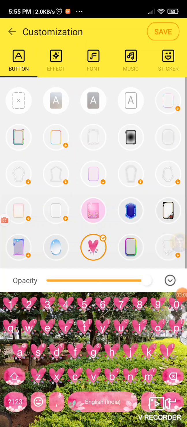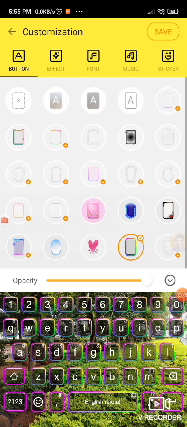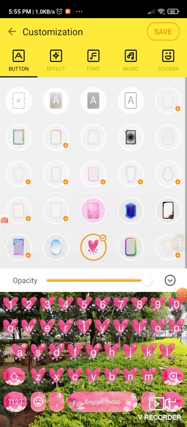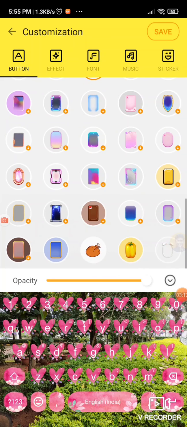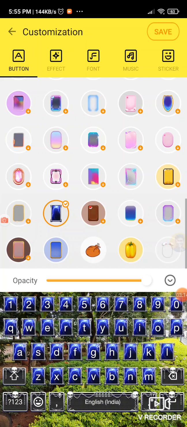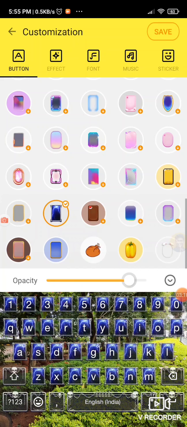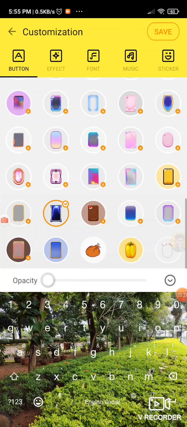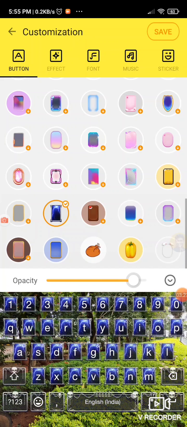These are also very cool features. You have a droplet button, you have these colorful buttons, you have a heart shaped button. So many different types of buttons are there, which is really very cool. And then you can select the opacity of the buttons also. You can make them without any border. You can make the border look very light, or you can make the border look dark also.